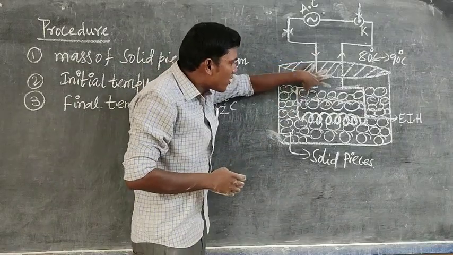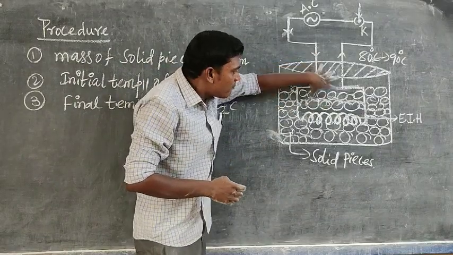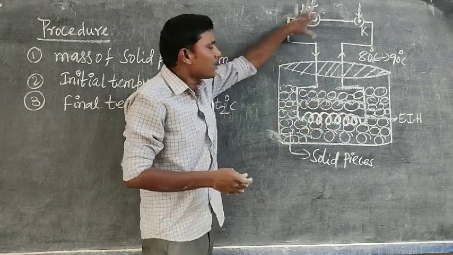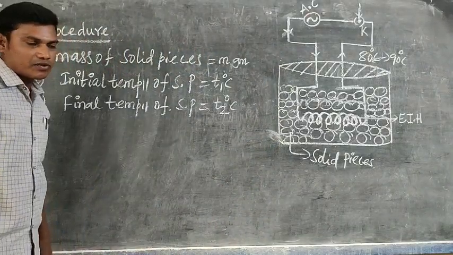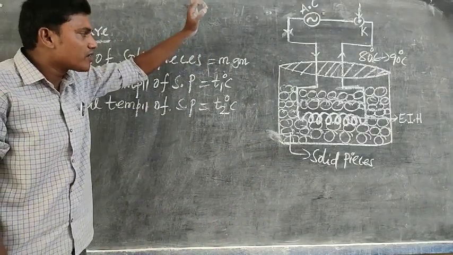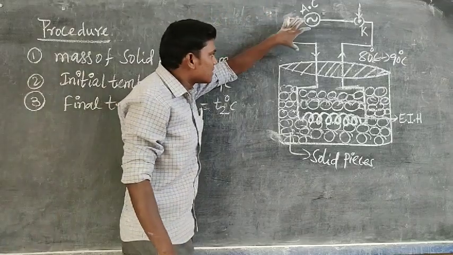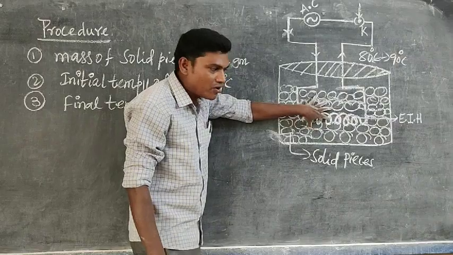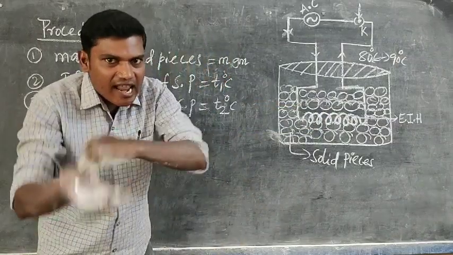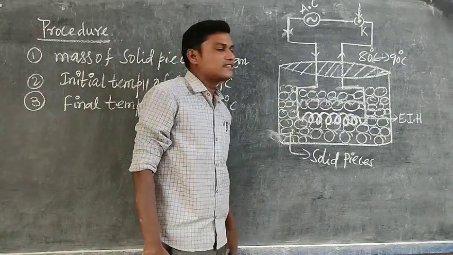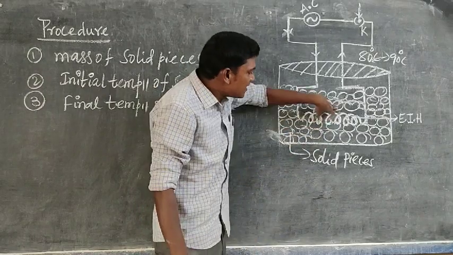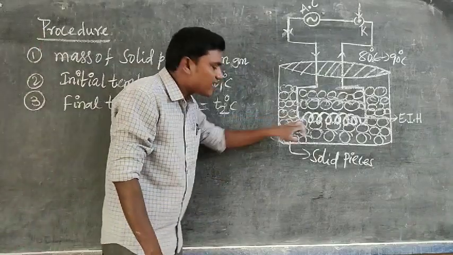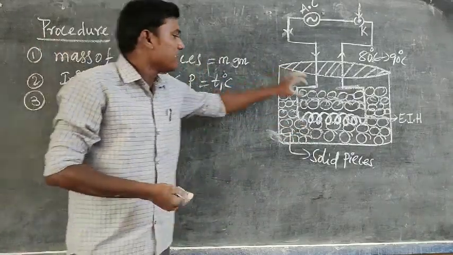This electric immersion heater will be placed between the solid pieces inside the beaker or container and connected to the AC circuit. When the switch is on in the circuit, the current will be transferred to it. Then what will happen? The electrical energy is converted into heat energy in the heater, and the released heat energy is absorbed by the solid pieces. That's why in the electrical method, the heater is the hot body,